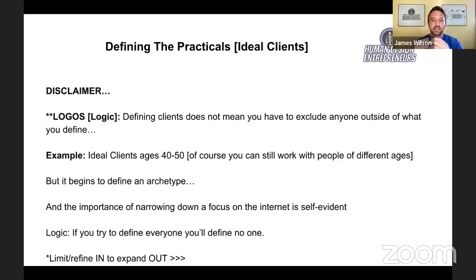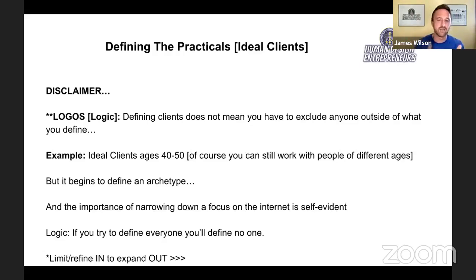If you limit the age range, say your ideal clients are typically 40 to 50 years old, that doesn't mean that you can only work with people who are 40 and 50 years old. I know that's obvious, but if you say I work with people who are 5 years old to 100 years old, it's too broad. Very different stages of life. But the purpose of this is to start to find the through threads, the patterns or the trends of who it is that you're attracting, who you love to work with, and then you develop